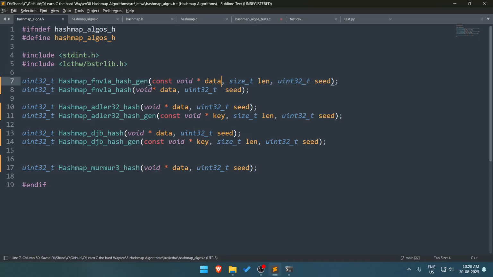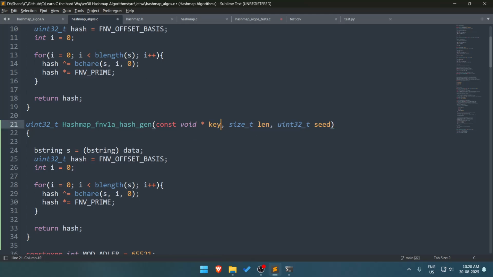I've called it const void data. Let's call it key. Okay, this is the key. So I'll call it key, and default hash. Okay, so I'll create const